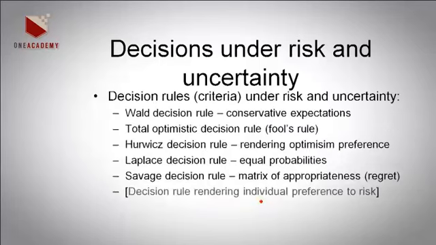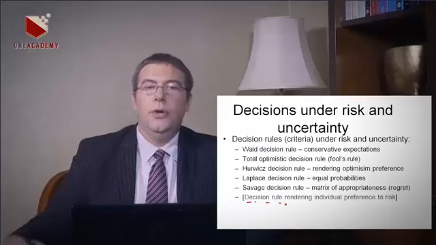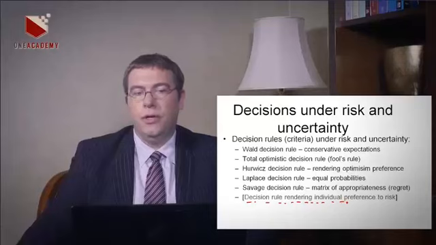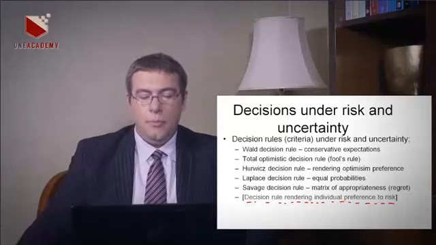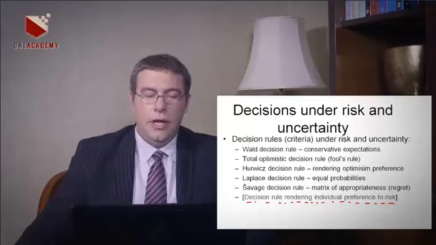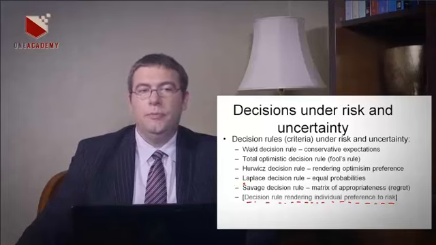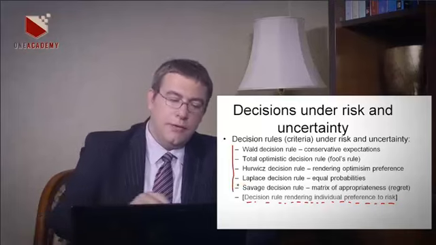Well, there are the so-called decision rules or decision criteria that could be used especially for this situation under risk and uncertainty. Actually, there are 6. I'm going to skip the 6th one. It is an interesting decision rule which reflects the individual preference towards risk, which is in connection with what we have spoken about in the previous lectures. But since it's not that popular, I'm only going to stick to the most popular ones, which are these 5